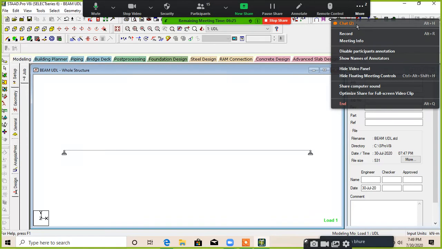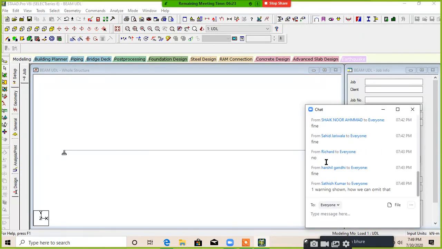Now it's time to ask doubts. One warning is shown, how can we omit that? One warning because we applied both the supports as pin supports. If you apply one as pin and another as fixed, the warning will also be removed, because some bending moment is there in the beam. We are applying a load, so there is a bending moment, and both the supports are not able to resist that bending moment.